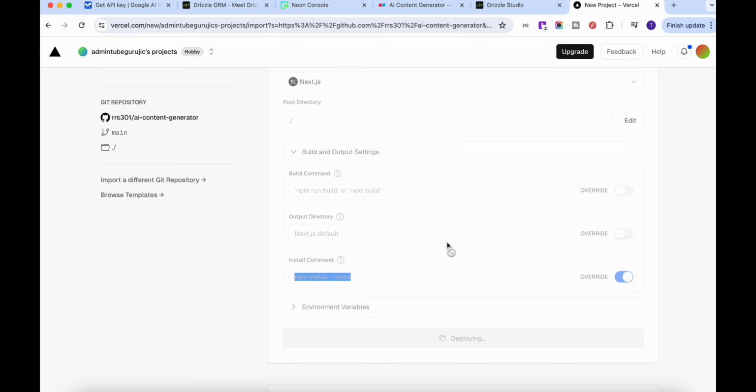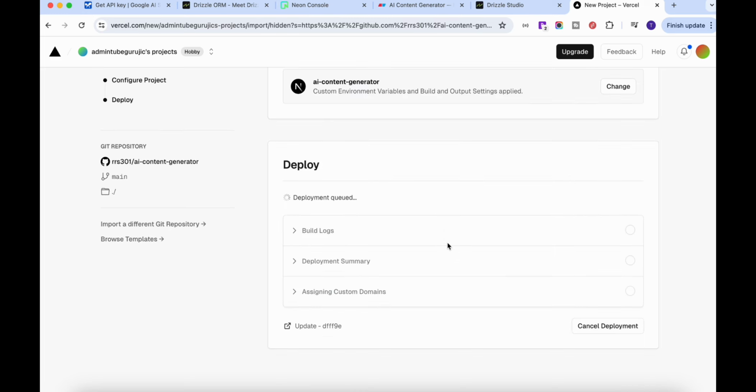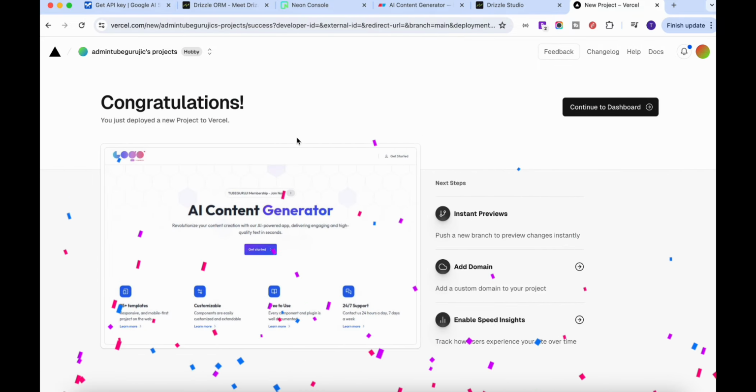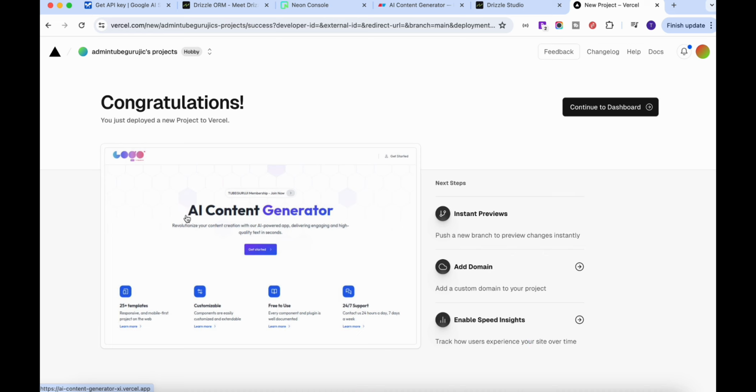Now it will take a couple of minutes to deploy your application on the cloud. First it will check all the dependencies, and then it will install the dependencies, it will build your application, and then it will deploy on the cloud. So I will pause the video, and boom, if you see, our application is deployed, and this is a simple preview, okay. Now if you click on this one, it will open the URL, but I will continue to